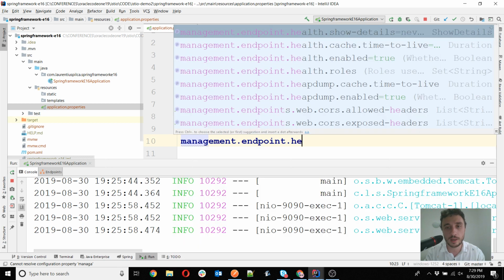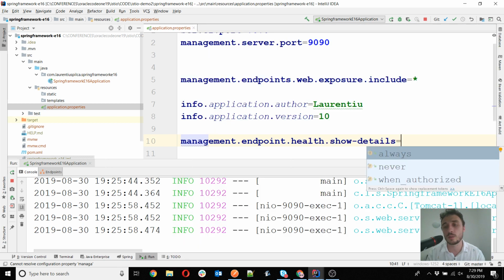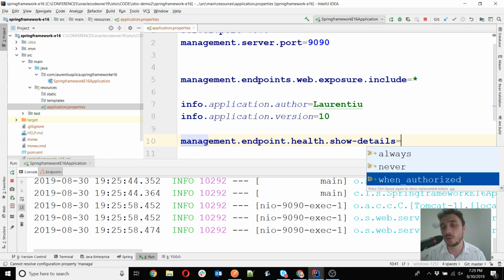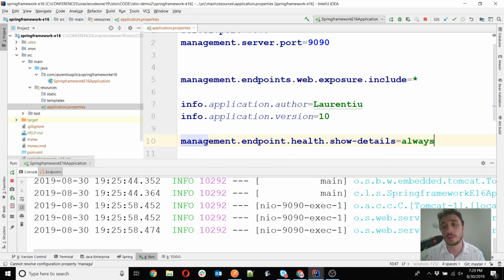and then we have health, show details, and we have 3 options for show details. By default it is never. We can use when authorized. If we are using Spring Security to authorize our application, you can still access the endpoint, but you will not see details if you are not authorized, or you will see details if you are authorized. Or we can simply, as I will do here because I don't have any security enabled, just specify that I always want to see the details, and then this automatically will add some details to my health endpoint,